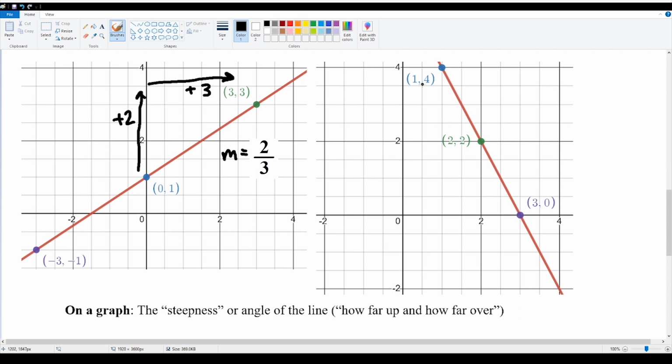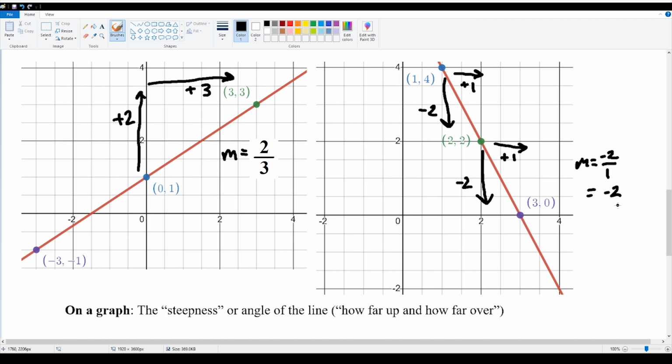In this situation here, we've got a couple of different points, and again, any of these should work because it's going to be the same distance between them. Between the 1, 4 and the 2, 2, we appear to be moving down 2 and over 1. Between these 2 points, we see the same thing. We end up going from 2 to 0, which is down another 2, and from 2 to 3, which is over another 1. This slope should be negative 2 over 1, and remember, anything over 1 is just itself,